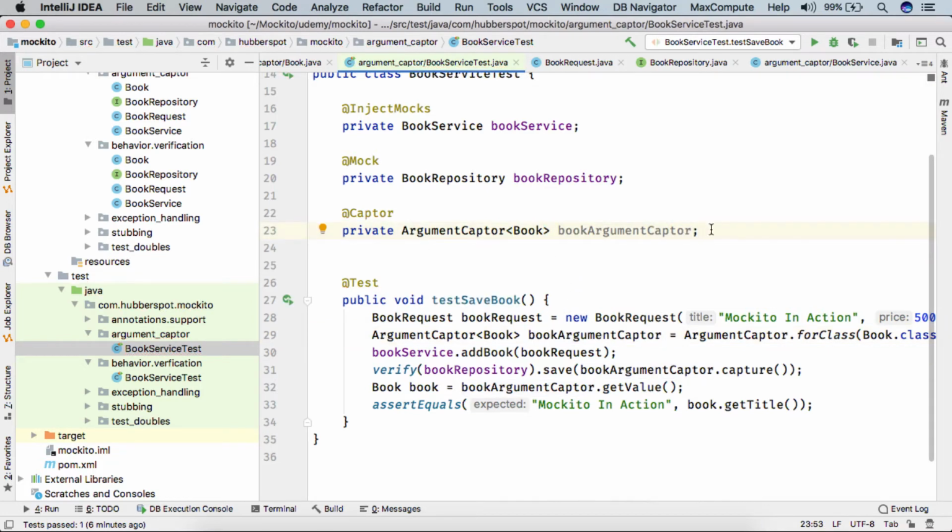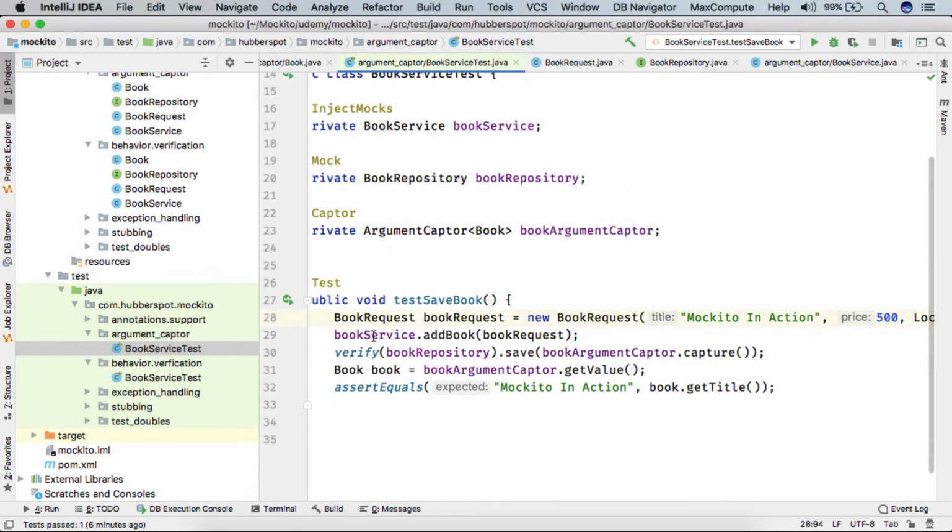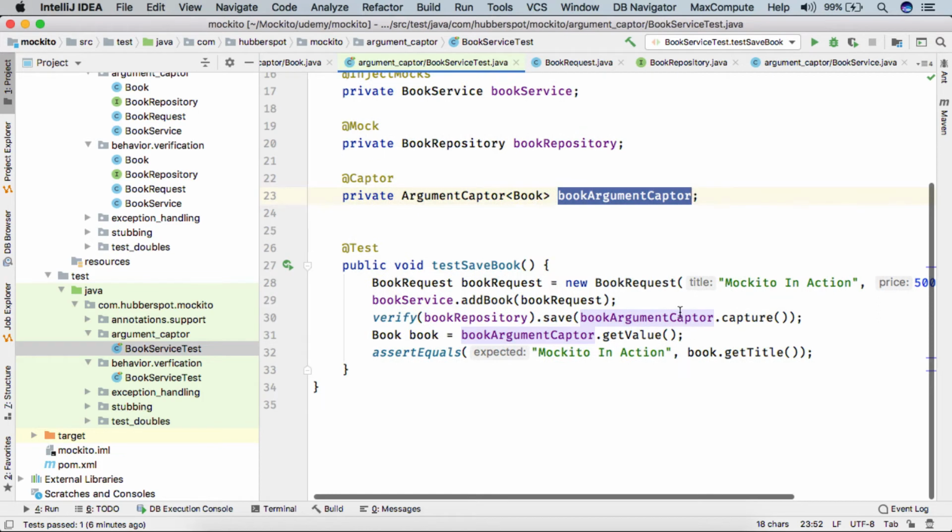We'll simply copy this, something like this. So when we provide this annotation, we don't have to do something like this here. We'll simply remove this line and we have this book argument captor ready. Now we can capture the arguments whenever the save is called, and then we can perform asserts on top of it. If I run the test case,